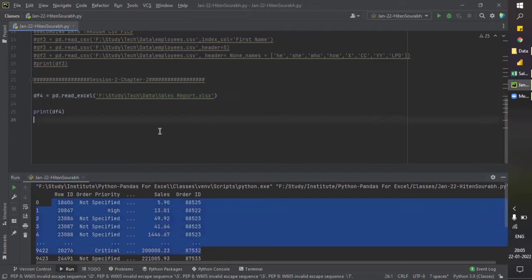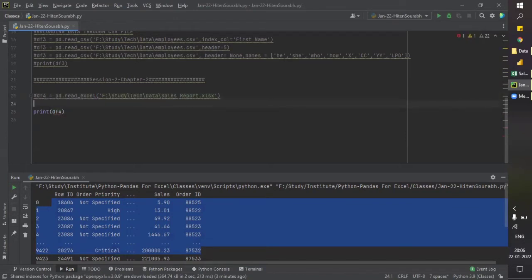So a question arises: if we have multiple tabs, how can we know that a file has multiple sheets or tabs? There's a way to do this.